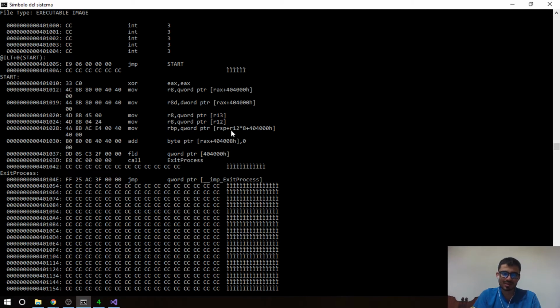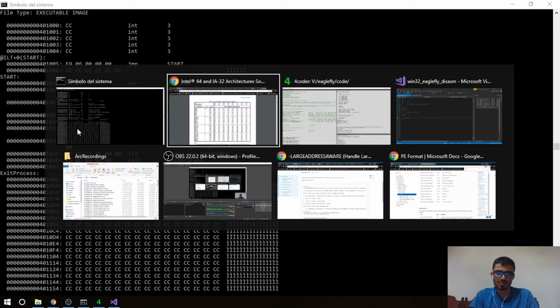So we have RSP, R12 times 8, the same thing, but now with R12. For AB, it's the same; we just have the index scale, and the index with the X field. AC goes the same for the ModRM. That means we are going to have SIB and a 32-bit displacement. That's all we know about that, so that's what AC does. And E4 now is the one that changes, because now E4 has to be